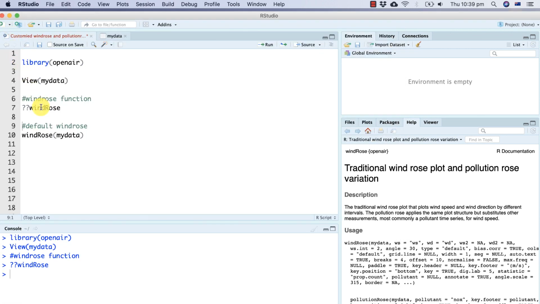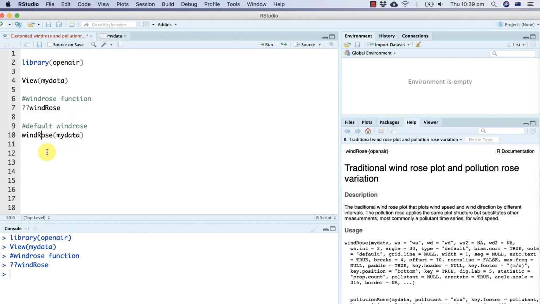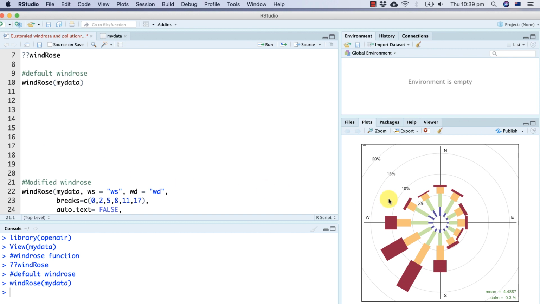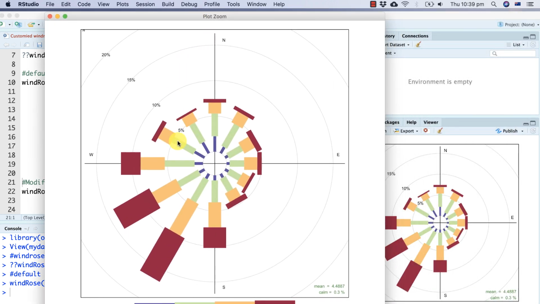Now the thing is, everyone can make a Windrose just by writing windRose and mydata, because the column names are already ws and wd. So if we press Control Enter,